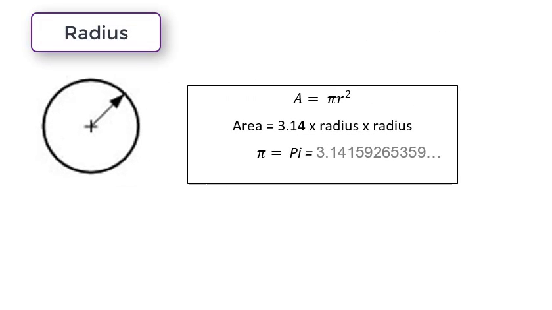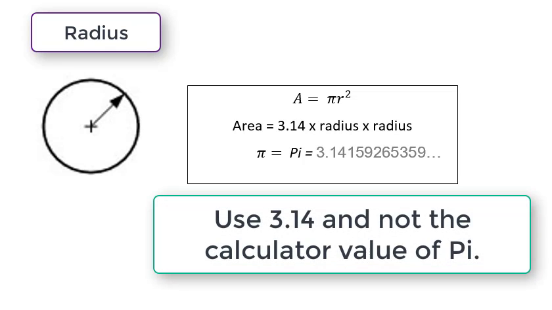Let's begin with the area of a circle. The formula is area equals pi r squared. For pi, we're going to use 3.14, but actually pi goes on forever. It could be 3.1415926 and so on and on. For this project and for the sake of consistency, we are only going to use 3.14 as the value of